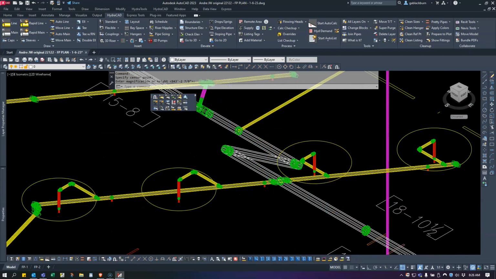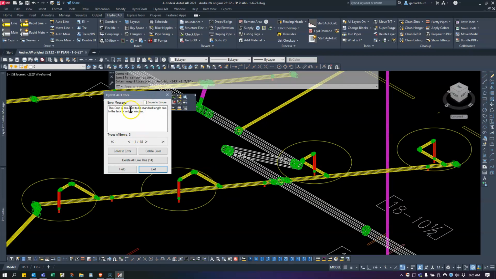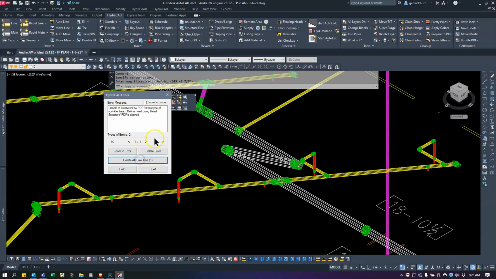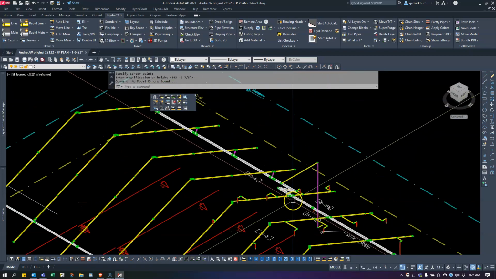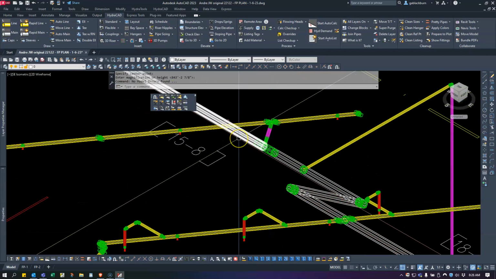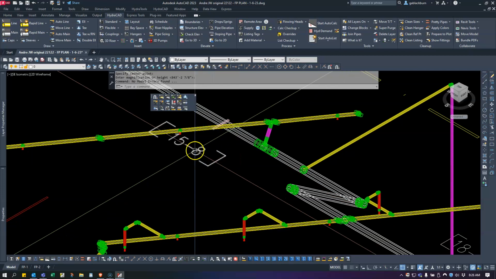I'll just tell it that I want to delete all typical errors like this. So I'll just tell it to delete all like this, 14 of those. And the PDF, I'll delete all like that. And then the sprigs, same thing. So I've just deleted all those error messages. And again, I hover over this, and it's coming back as 15.7 3/4, and it should have been 15.8 based